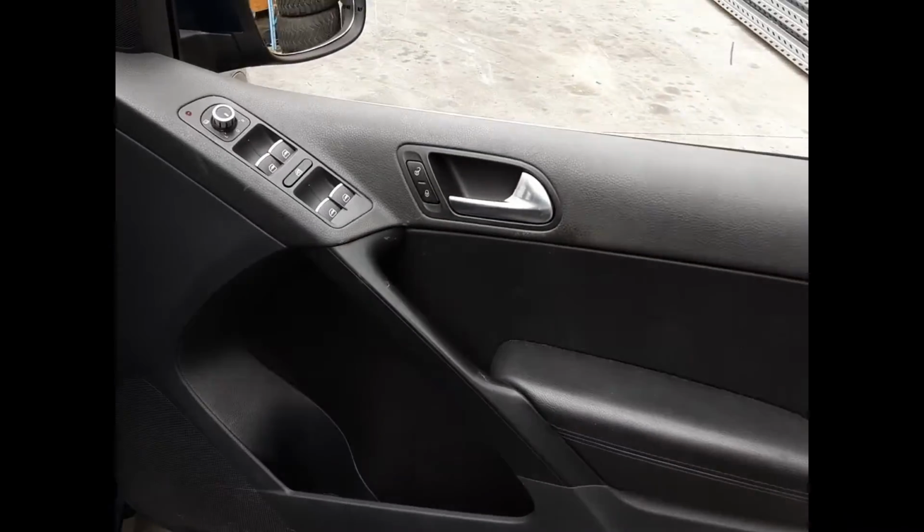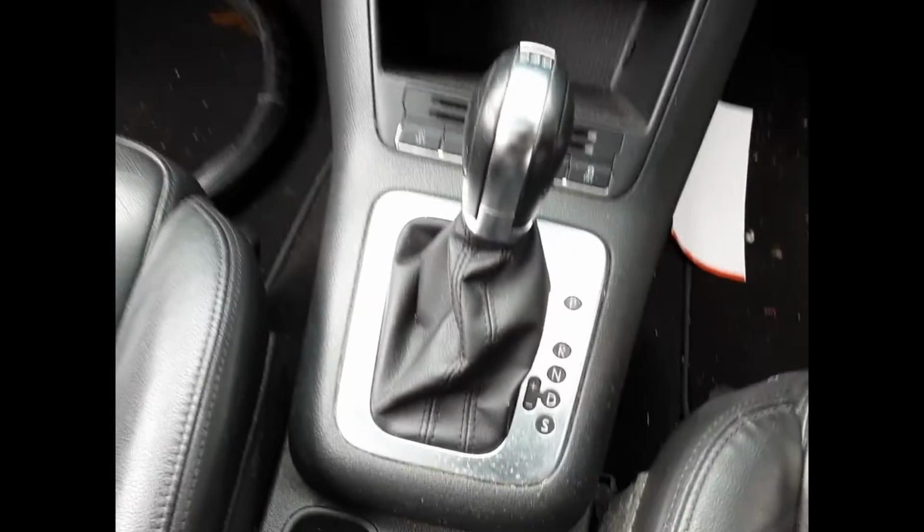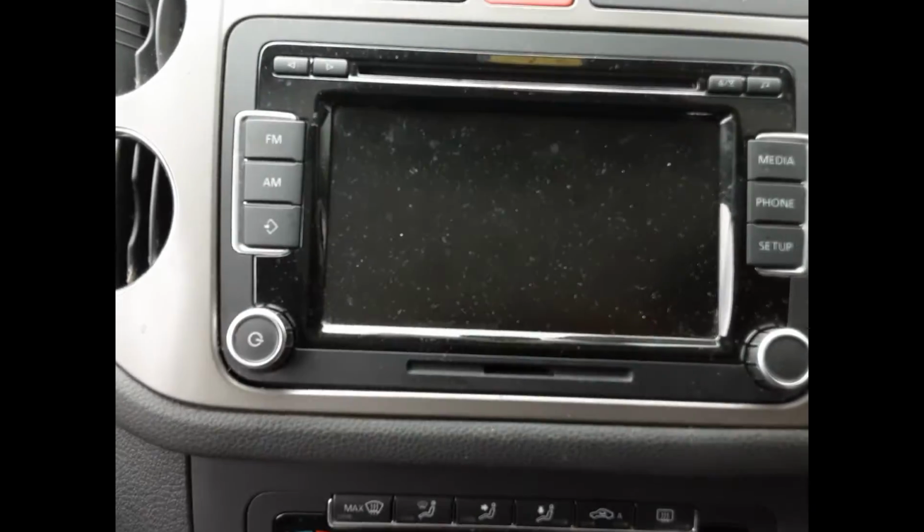We have the driver's side door trim, power window master switch. This vehicle is fitted with black leather interior, tiny little rip on the center console lid, automatic type console, automatic gear shifter, heated controls, factory single stack CD player, interior mirror, courtesy lamp, sunglass and sunroof holder type,